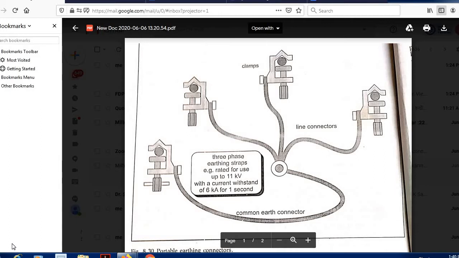Then we short all the components which can store energy, like capacitors, and then we see that the circuit is dead. Then we do the test on the circuit, whether Megger testing, insulation testing,